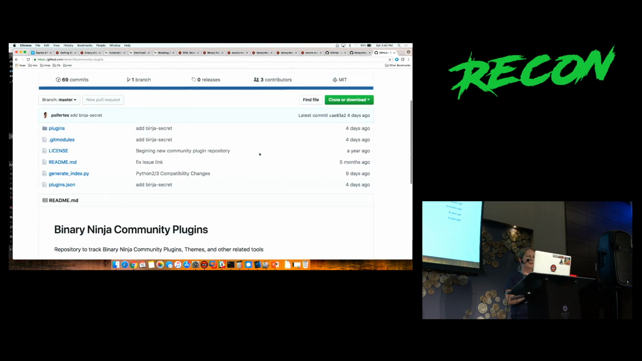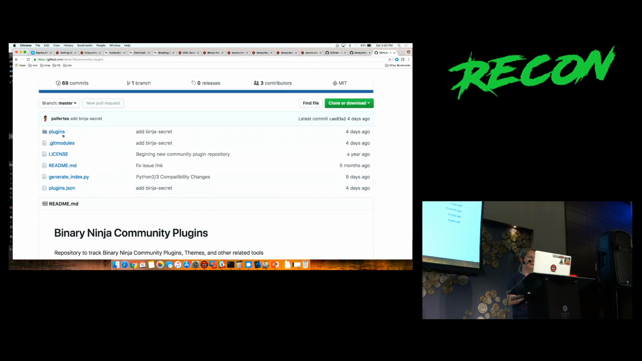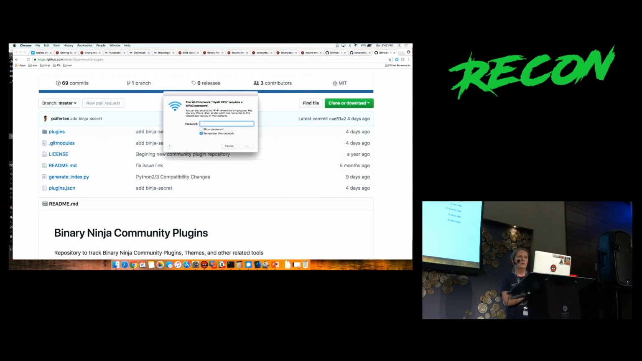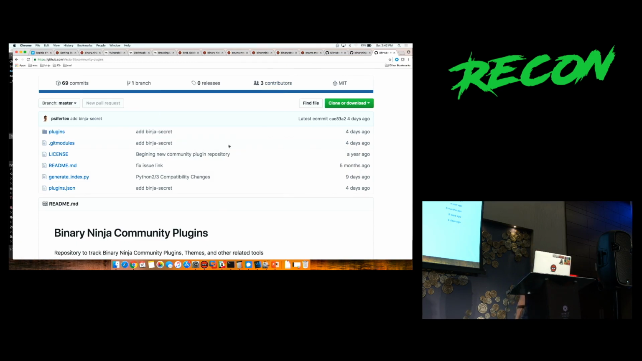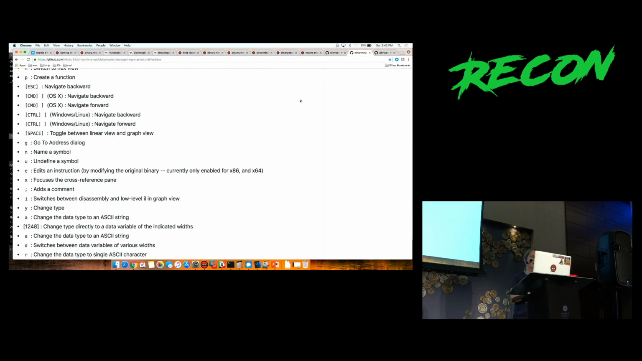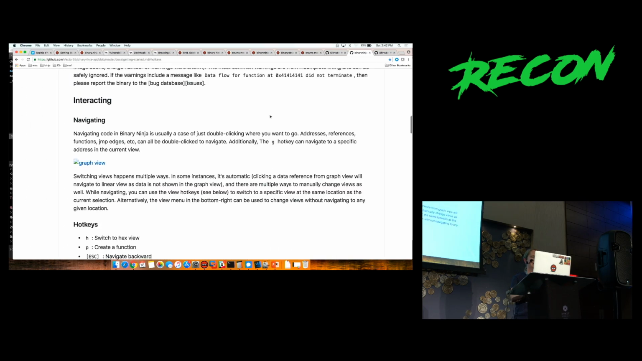But basically, if you look in here, oh, I don't think I have... Let's see if we can... But there's quite a few community plugins already. All right, well, I'm not going to be able to do that. There's quite a few community plugins existing right now. And on the Vector 35 GitHub itself also, there's kind of this